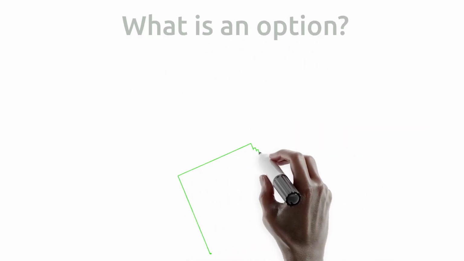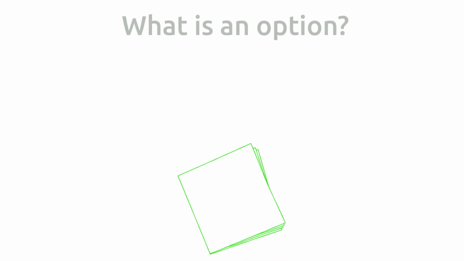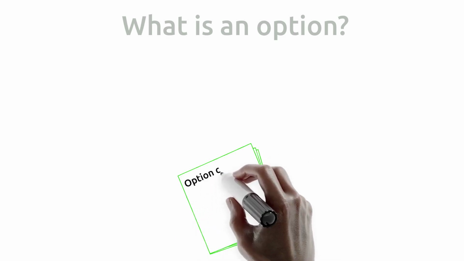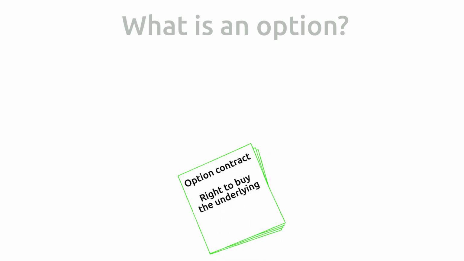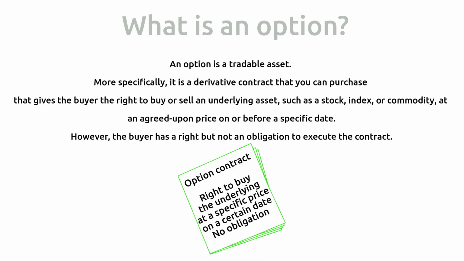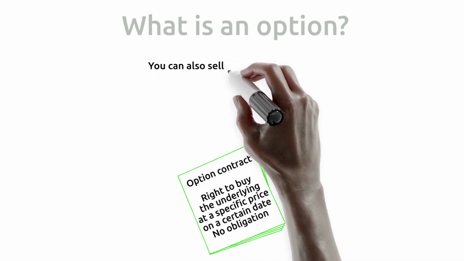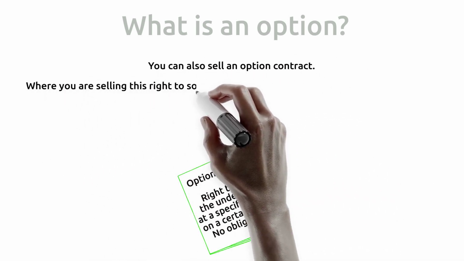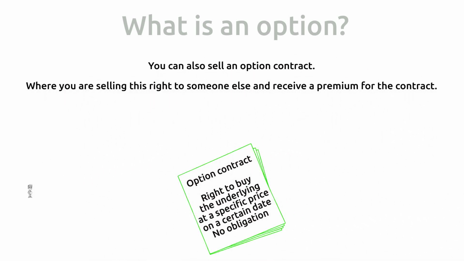More specifically, it is a derivative contract that you can purchase that gives the buyer the right to buy or sell an underlying asset, such as a stock, index, or commodity, at an agreed-upon price on or before a specific date. However, the buyer has a right but not an obligation to execute the contract. You can also sell an option contract, where you are selling this right to someone else and receive a premium